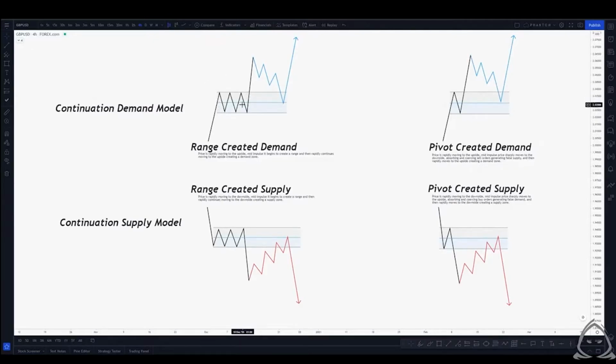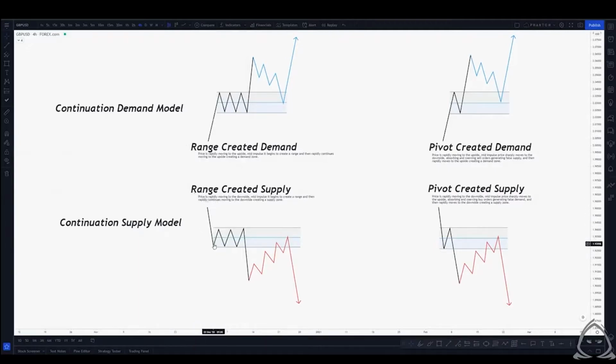We would then see price expand out of that range rapidly. And again, we're not trying to trade the break of that range, but instead we're waiting for price to return back into that range, that demand zone, to look for our entries. And on the flip side, if we're looking for range created supply of our continuation supply model, we'd be seeing